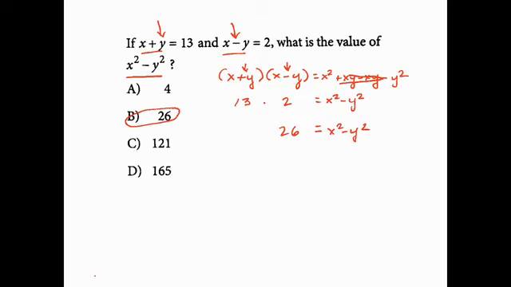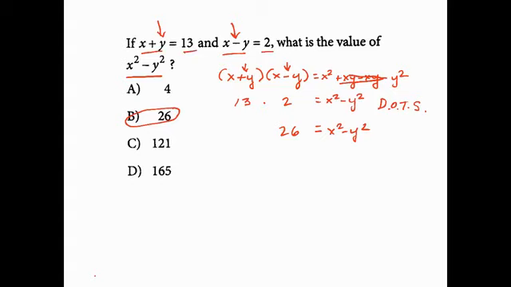Now, the shortcut that you can save time on is simply to recognize that they've presented you with conjugate pairs, x plus y and x minus y. We know that those will always multiply to a difference of two squares. And we see that here with x squared minus y squared. If we can recognize that relationship, then this problem becomes very simple, and we always just multiply the values, 13